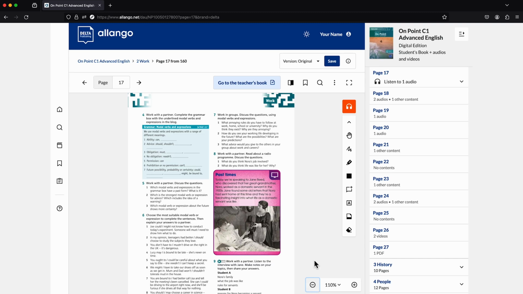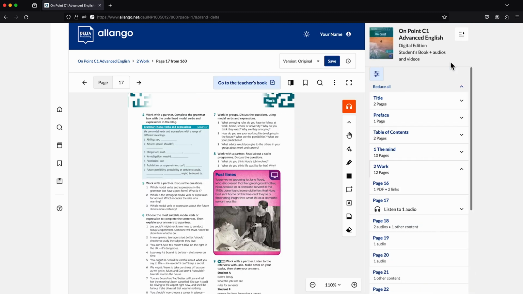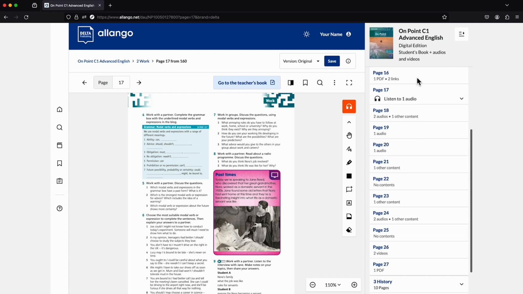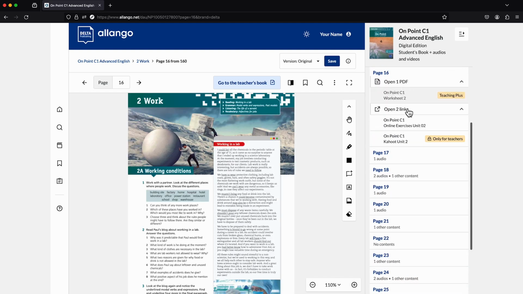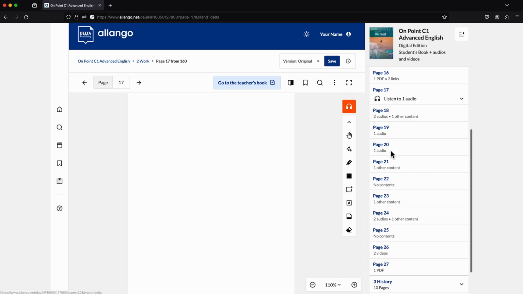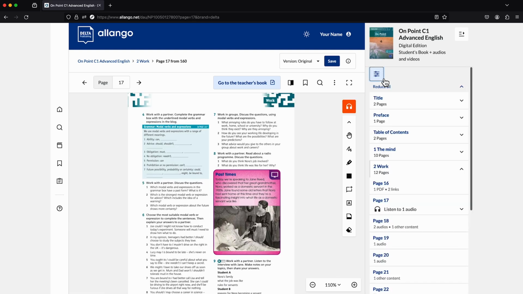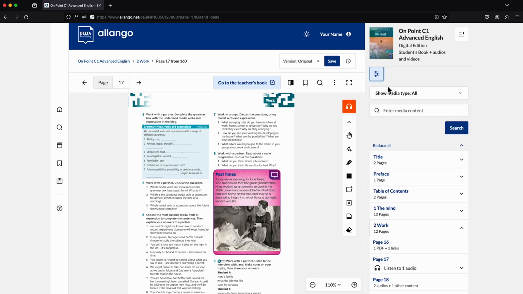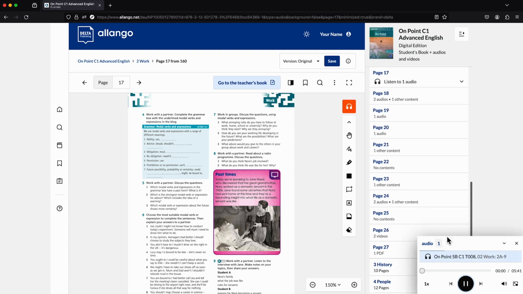You can open individual chapters and pages by clicking the Content button, as well as access the media files, i.e. PDFs, videos, audios, links, and HTML files. You can also filter for media types here. On pages with audio and video files, you will find quick access to all files that belong to the tasks on this page directly above the toolbar.